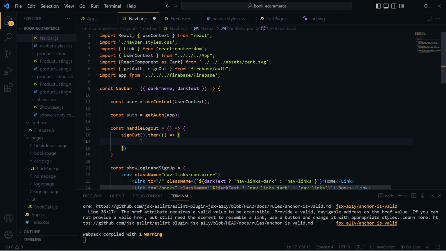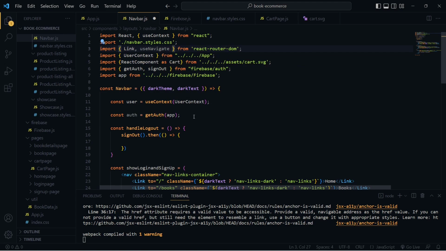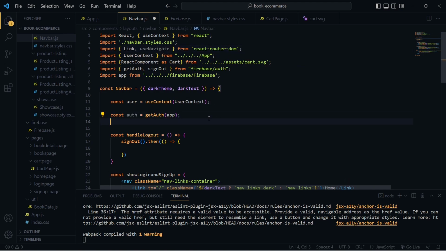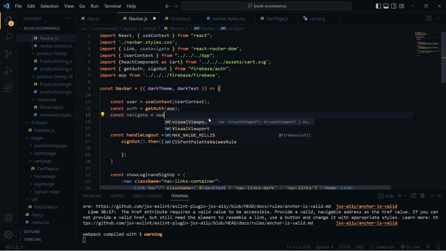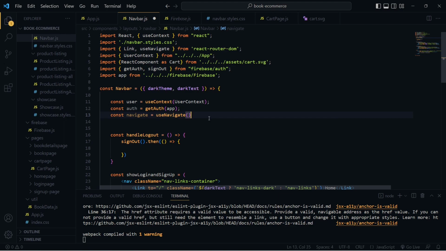In order to redirect our user to the home page, we are going to use the useNavigate hook that comes from React Router DOM. So here, along with this Link, we are going to import useNavigate, right? And let's initialize our navigate variable over here. Let's say const navigate is equal to useNavigate. So our navigation is initialized,